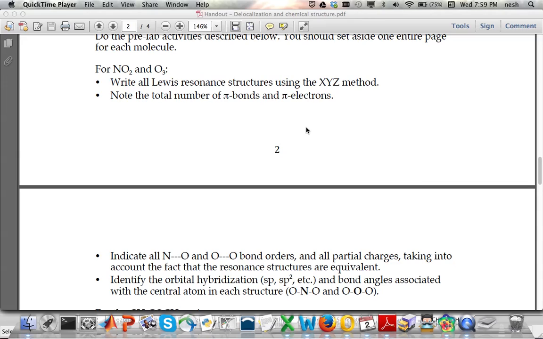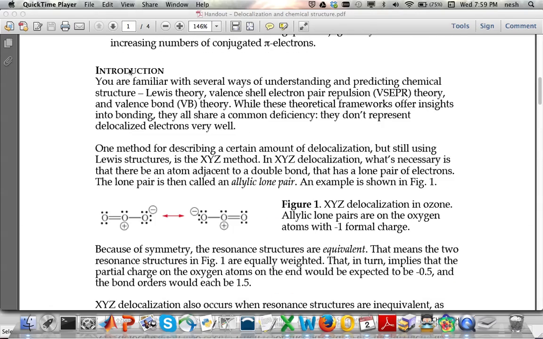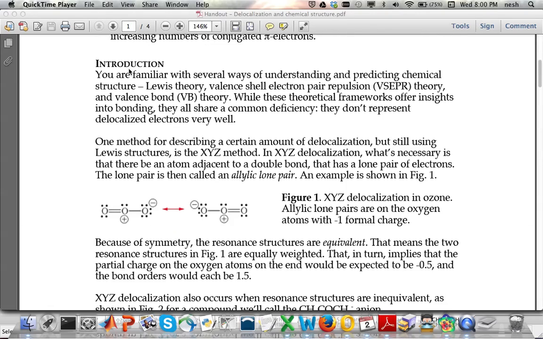It's nitrogen dioxide and ozone, and these are the things that I want you to put together in your lab notebook. I don't have pictures of NO2 to show you in this video, but I do have pictures of ozone to show you, and NO2 is quite similar. So if you skip up to figure 1 in the handout,